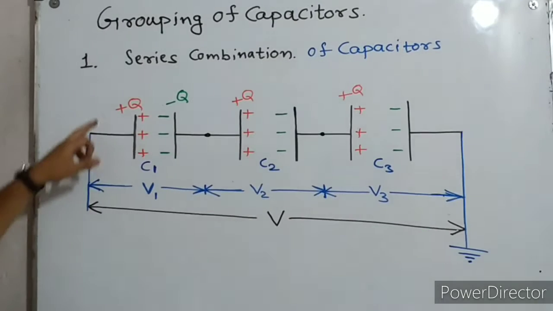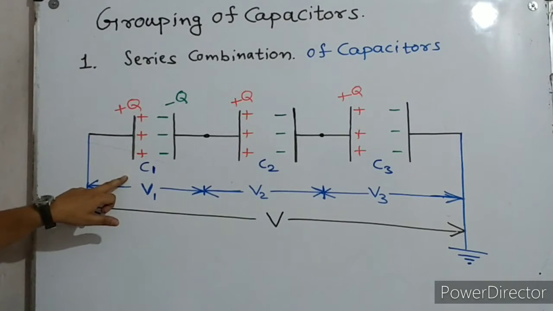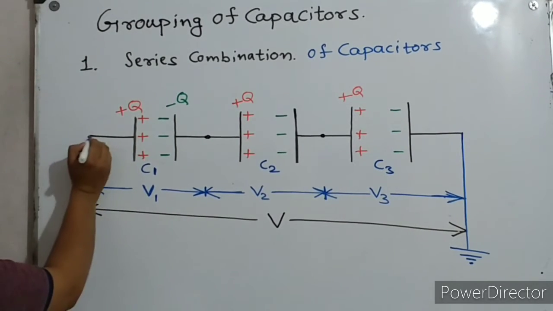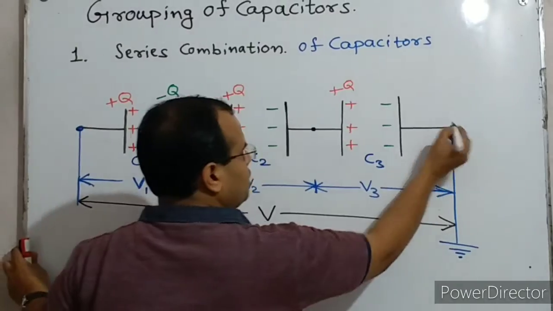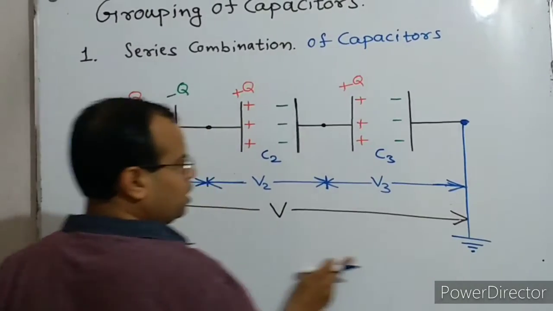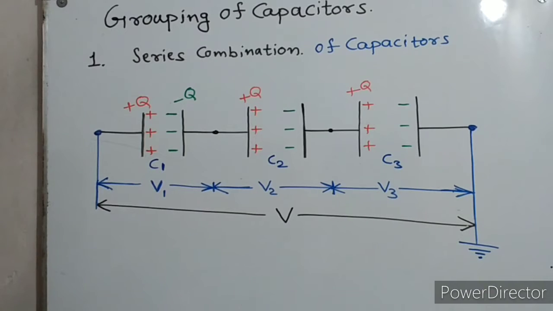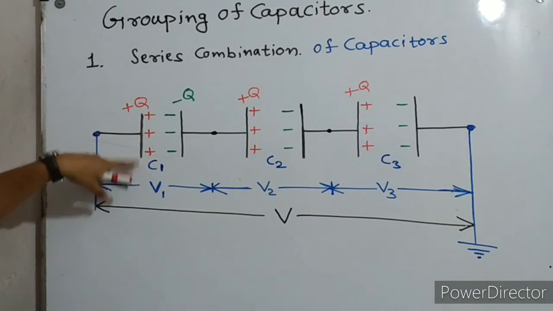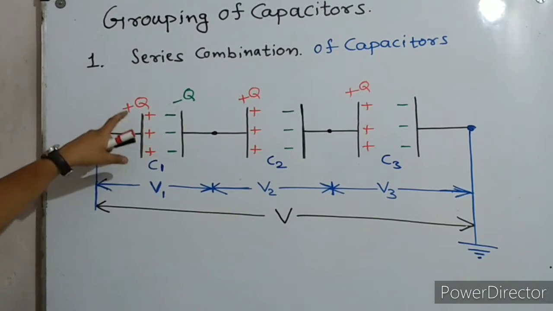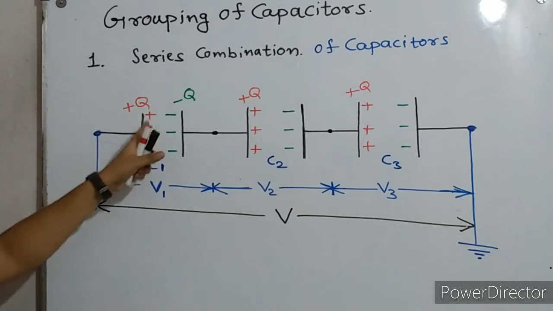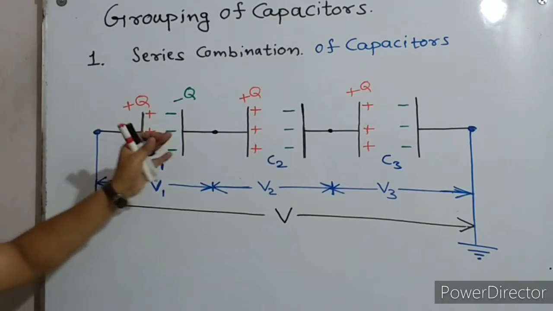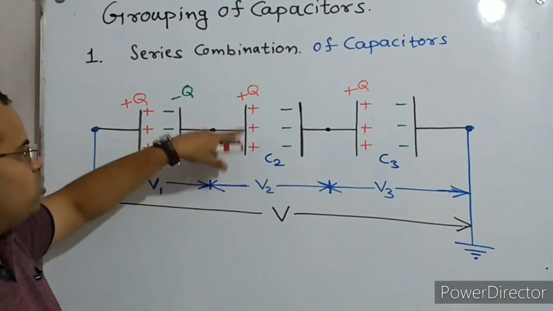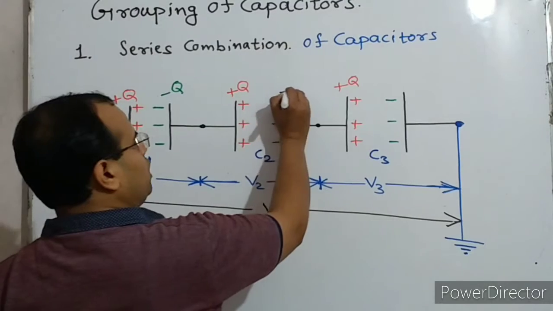Here you can see that this is the first capacitor, and between two points, one is this and another one is this, a potential difference capital V is created. Because of that, plus Q charge is induced over this plate, plus Q charge is there over this plate, and minus Q charge is induced over this plate. Similarly, over this plate of the capacitor C2 there is plus Q charge, and over this minus Q charge is induced,